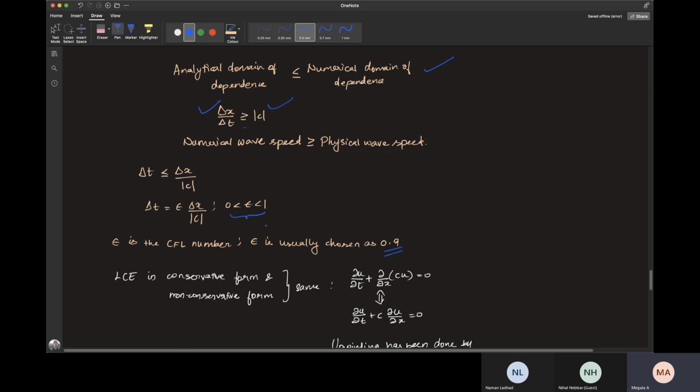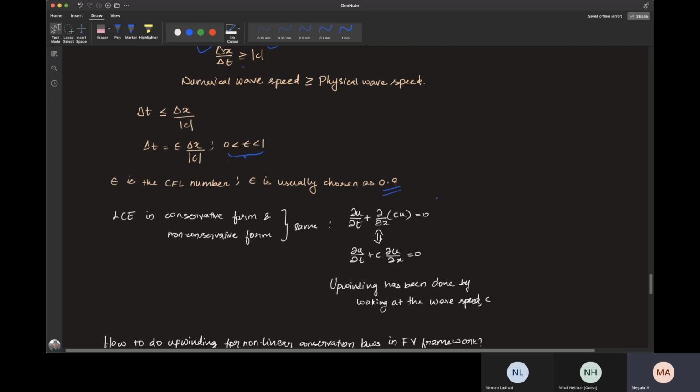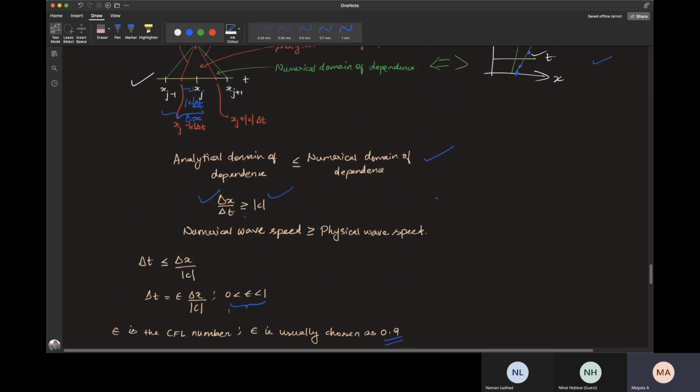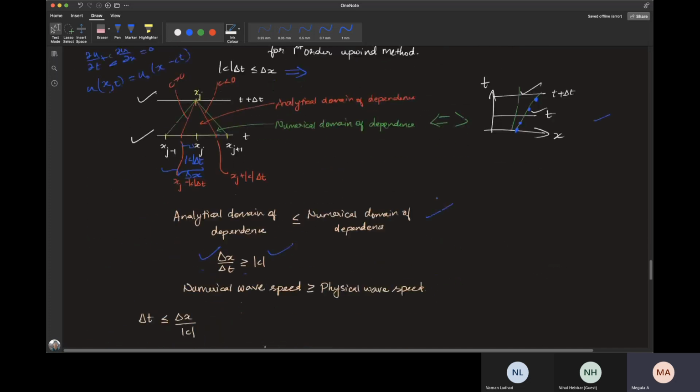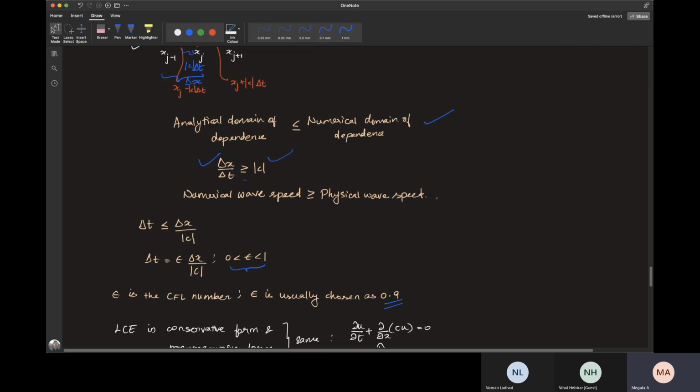Any value of epsilon in this region always ensures stability, but a low value of epsilon will make your scheme more diffusive. So you always choose a higher value such that you get a good result, that is, you get a low diffusive and stable result. So this is the significance of your CFL number. In upwinding, it's just some diversion from the finite volume method that we were talking about. In upwinding, you have some features. So these are some features of upwinding specific to the linear convection equation.